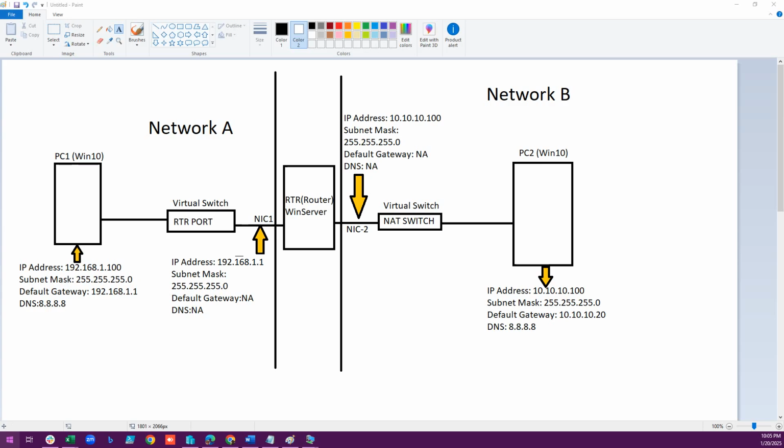All right. So as you can see in this diagram, we'll have network A and network B. This part is the network A part, and similarly here we'll have the network B part. In the network A part, I have configured this IP address in the client PC. Similarly, I use two network cards on the router, which is a Windows Server operating system,